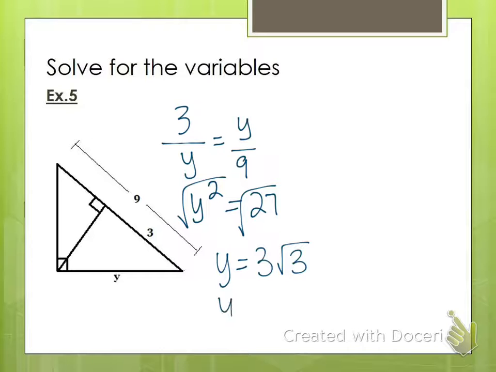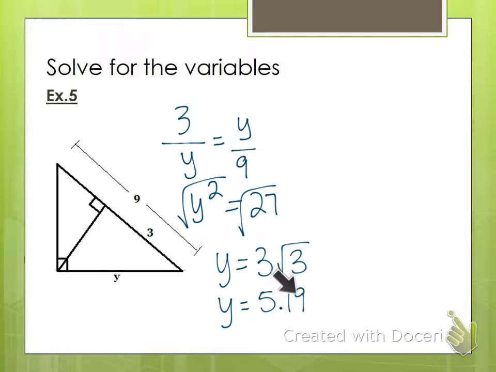Did anybody get the decimal instead? 5.19? Okay. Make sure you follow whatever the directions say. So, for example, if on a quiz I tell you I want the simplified radical, then I will not take